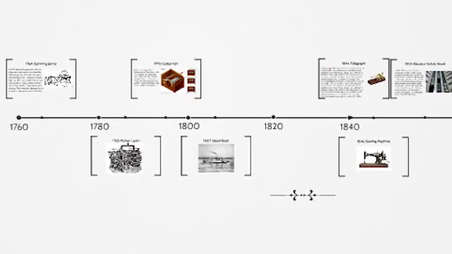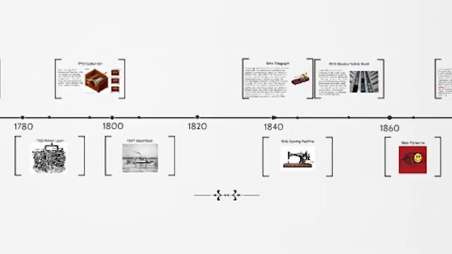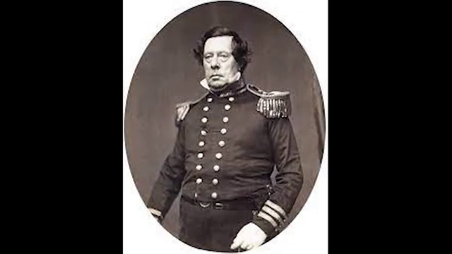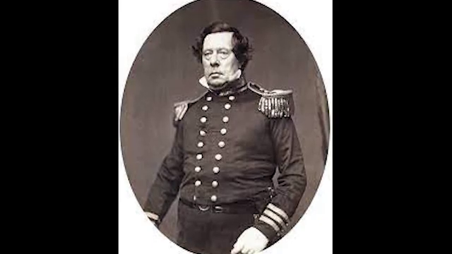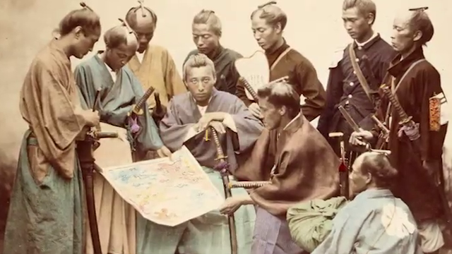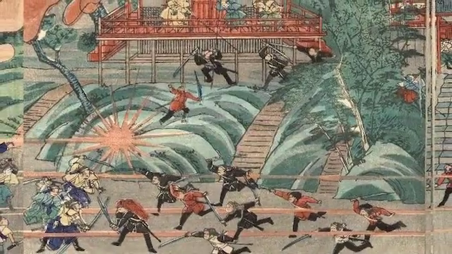Whilst the Edo period was very stable, it wasn't hugely innovative, and the West kicked into the Industrial Revolution, so the technological differences between these nations became very stark. Japan realized this when, in 1853, American battleships that were steel-clad and steam-powered rolled into Kagoshima Bay. A man by the name of Admiral Perry forced the shogun to open his borders and sign some terrible trade treaties. This then led to political fracturing within Japan, which led to the civil war known as the Boshin War. By the end of this, the shogun was gone, and the emperor had established himself as a ruler